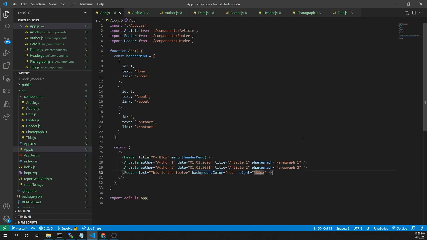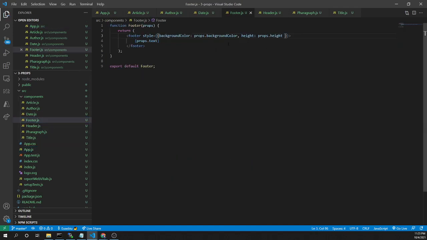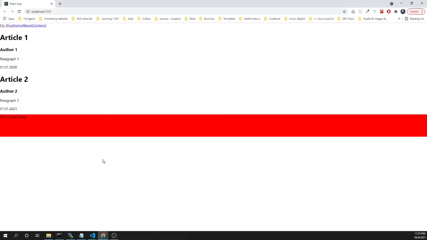Let's modify the height. Let's put 100 pixels, and this height is used here in the style object of the component. Oh, and now we can see that the footer is smaller. So this is our application.